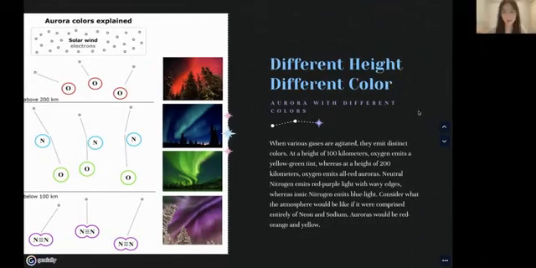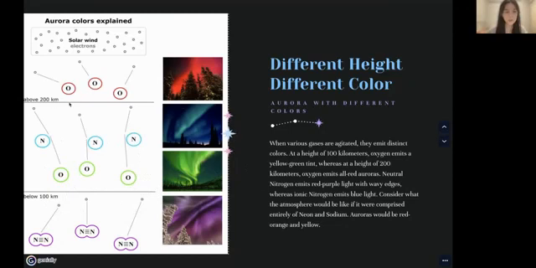As I said before, different height, different color. This picture explains why aurora can have different colors at different heights. When various gases are agitated, they emit distinct colors. At a height of 100 kilometers, oxygen emits a yellow-green tint. Here, the aurora is green or yellow, whereas at a height of 200 kilometers, oxygen emits all red auroras.